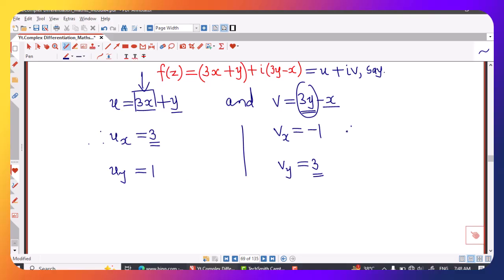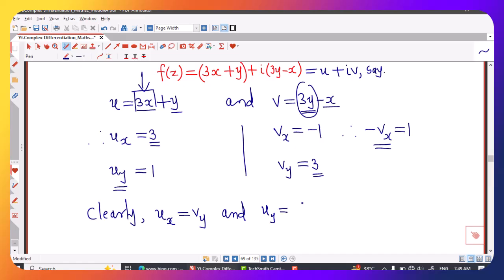And if we consider the negative sign here, minus v x, then we will have plus 1. So u y and minus v x are also equal at every point. So clearly these equations are satisfied: del u by del x equal to del v by del y, and del u by del y is minus del v by del x at every point